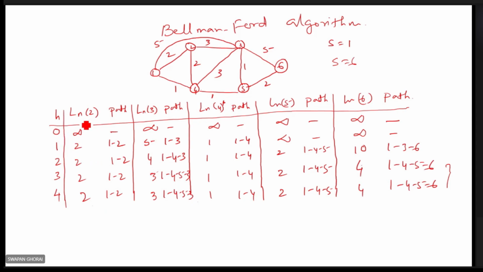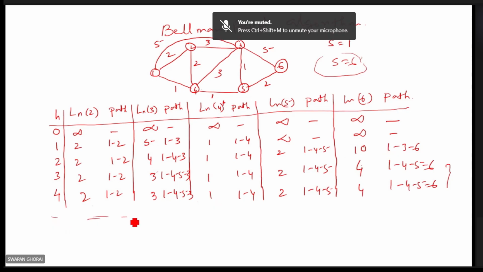Here, instead of node 2, you should start with node 1, next 2, next 3, next 4, next 5. Right? If I ask to find out the least cost path with 6, you have to consider the neighboring nodes first. 6 to 1, you have to consider it will be infinity. No direct link is there. In the same way you can find out. So this is the Bellman-Ford algorithm.